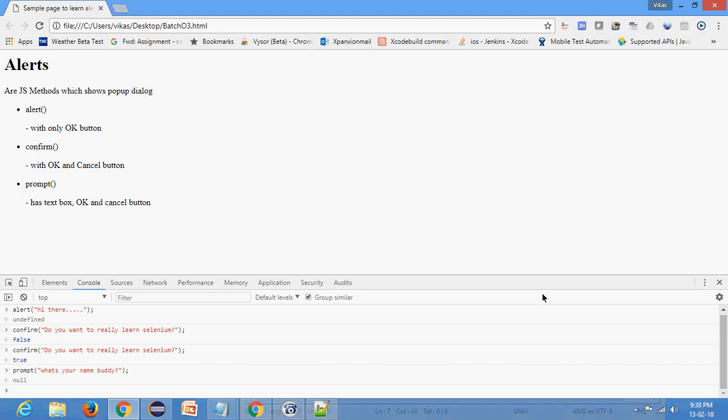Yes, there are only 3 standard pop-up alerts in JavaScript. Okay. All right, so let me go to the HTML